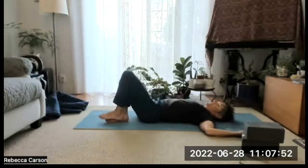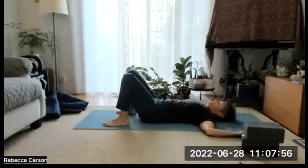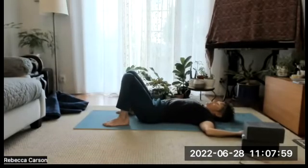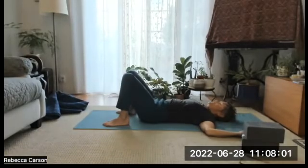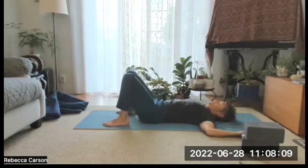And come back to center. Take the soles of your feet to the floor and just neutralize your low back and your pelvis with a few pelvic tilts. The asymmetrical work is great. And then we always like to get back to as much symmetry as possible,